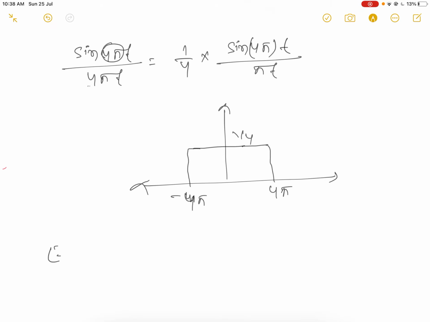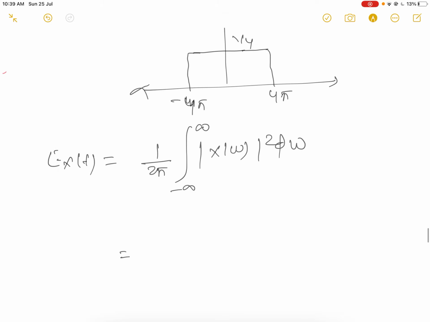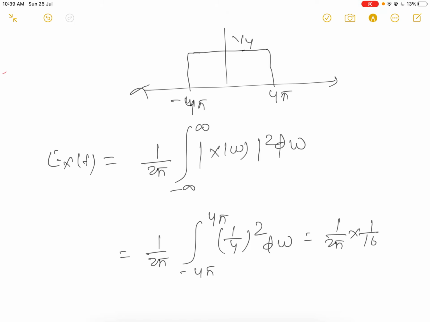Now take the energy of x(t), which is equal to 1 upon 2 pi, according to Parseval theorem, integral from minus infinity to infinity of mod of X(omega) square d omega. So 1 by 2 pi, minus 4 pi to 4 pi, because our signal is defined for minus 4 pi to 4 pi, 1 by 4 square d omega. Then 1 by 2 pi into 1 by 16 into omega, because after integration we will get the omega